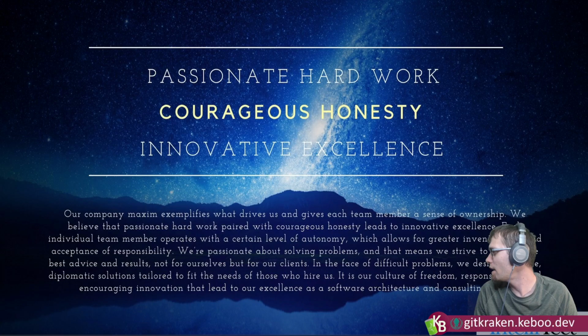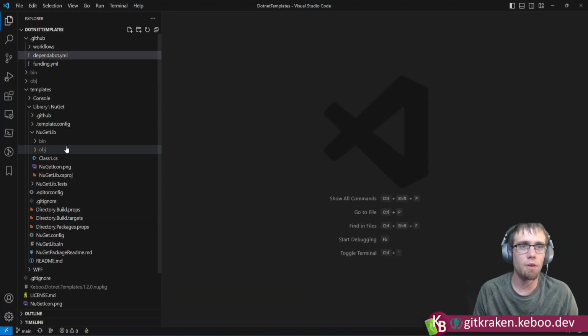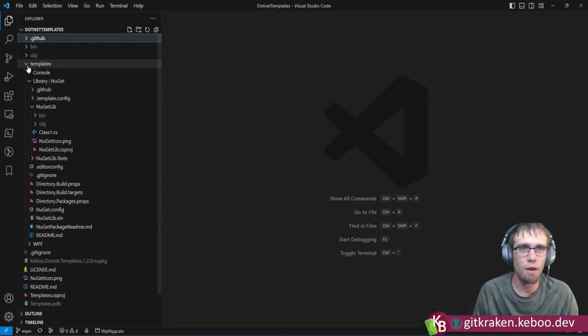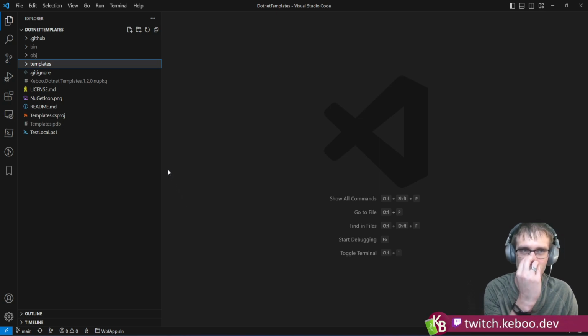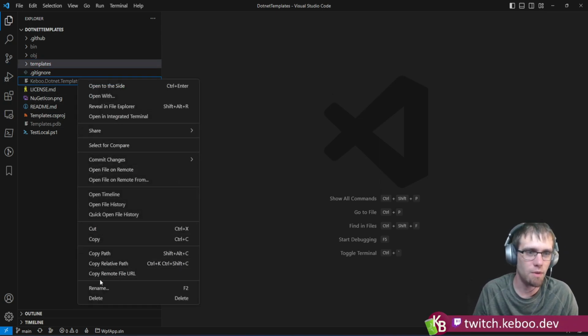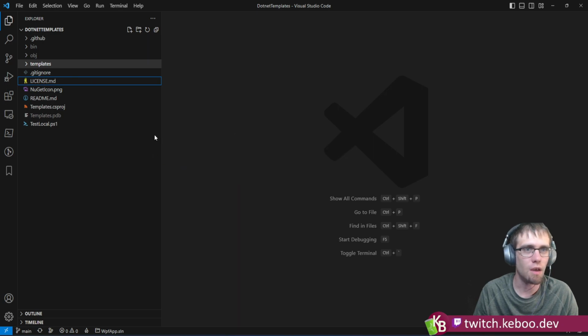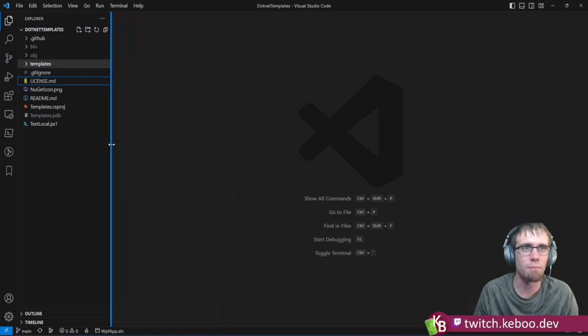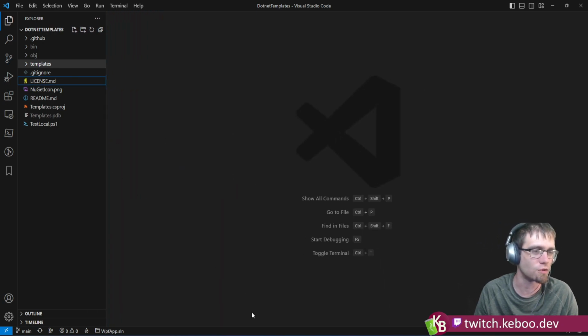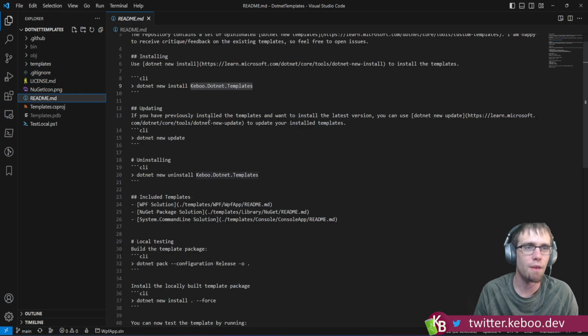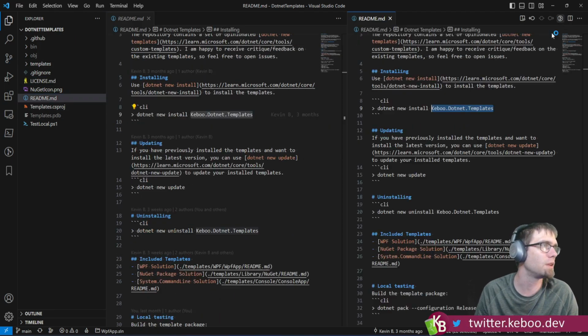Where .NET templates select. Okay, so you will note I switched into VS Code rather than Visual Studio for this. There's a couple reasons. I tend to like to author the templates in VS Code and then use Visual Studio to test the output of it. There is, so on this README,